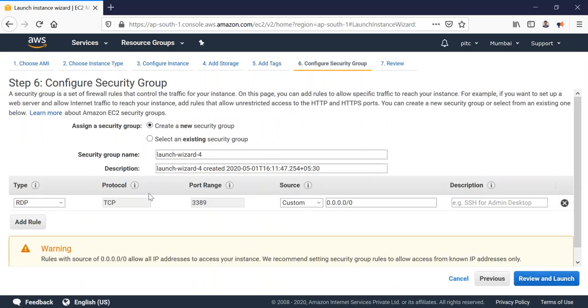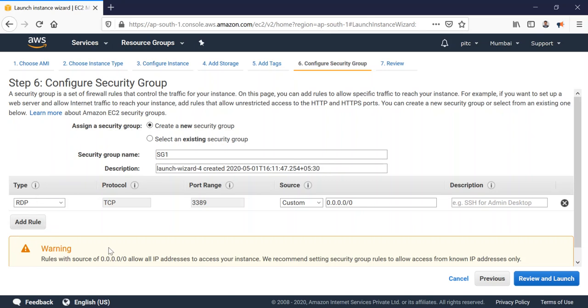Okay, then you have to go for the security group. Remember one thing. Whenever we create an instance, by default a new security group will be created. If you had a security group earlier, you can go for that security group. As of now I just want to create a new security group. So here I can give the name of my security group, and I'm giving it the name one, and you can give the description.